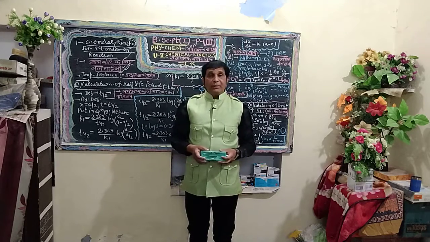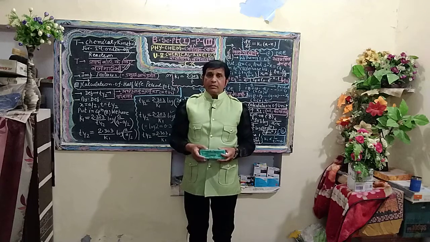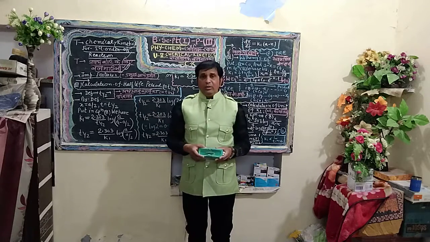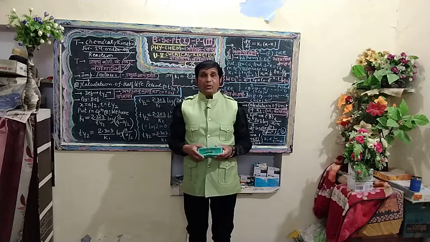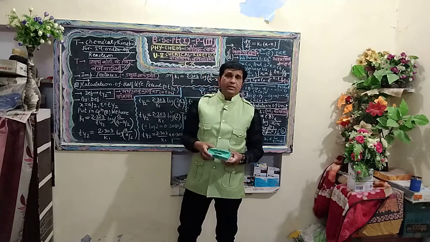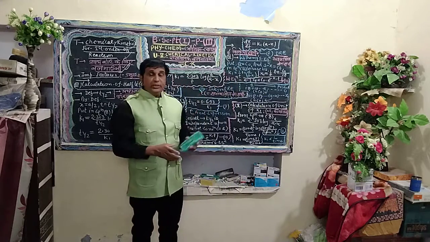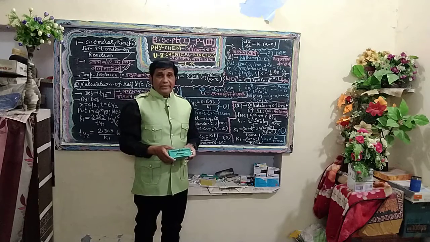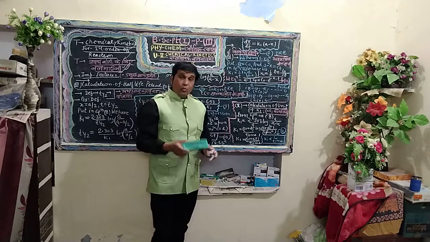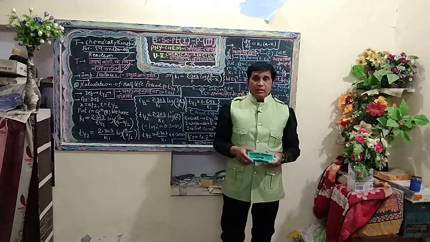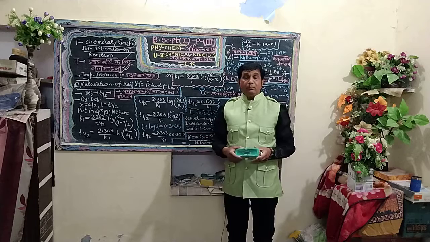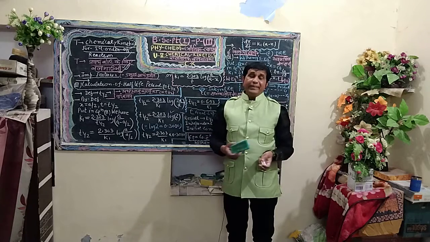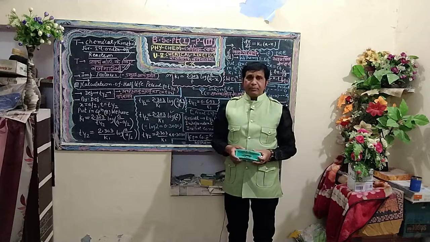Students of BSc Part 1, I will teach you today the topic I have mentioned on the blackboard, kinetics for first order of reaction, which is selected from BSc Part 1, Paper 3 Physical Chemistry, chosen from Unit 3 titled Chemical Kinetics. Once again, I repeat the topic. I will deliver today the topic I have mentioned on the blackboard, kinetics for first order of reaction.